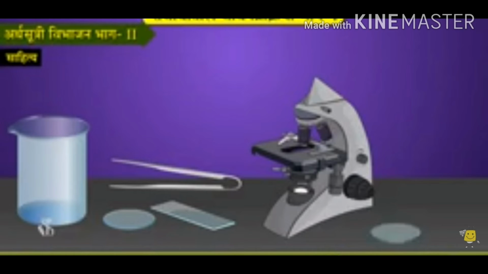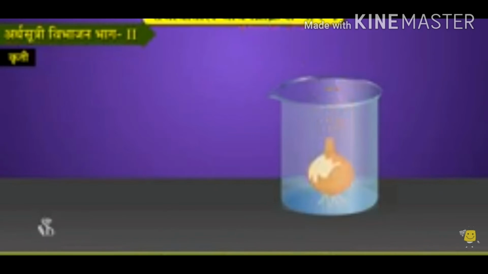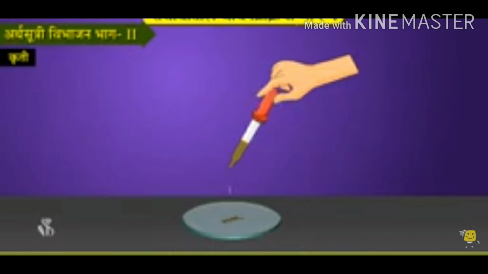Students, one experiment is here. For this, the apparatus is a conical flask, glass slide, cover slip, compound microscope, watch glass, etc. And the material is a medium size onion, iodine solution, etc. The procedure is: take a medium size onion, keep it in a conical flask filled with water in such a way that the roots of the onion will be in contact with water. Observe the roots of the onion after 4 or 5 days.